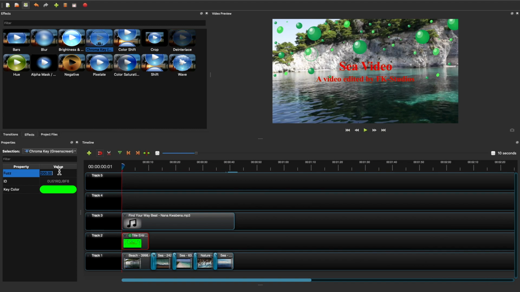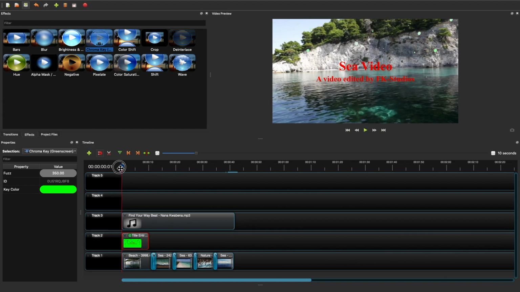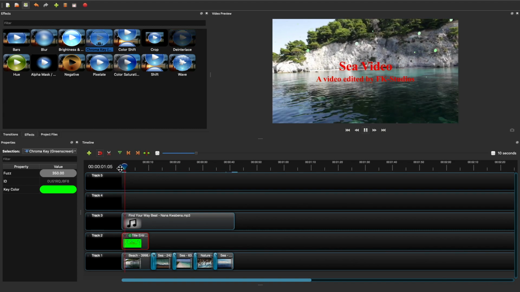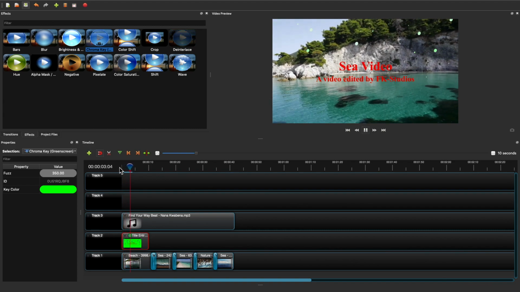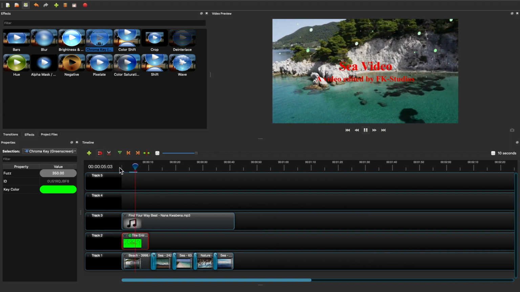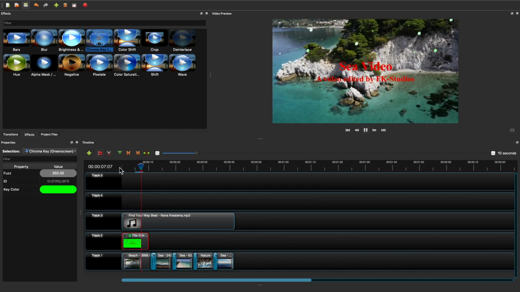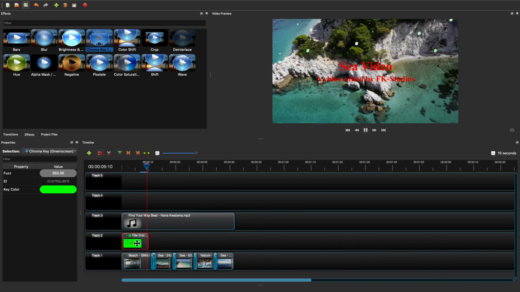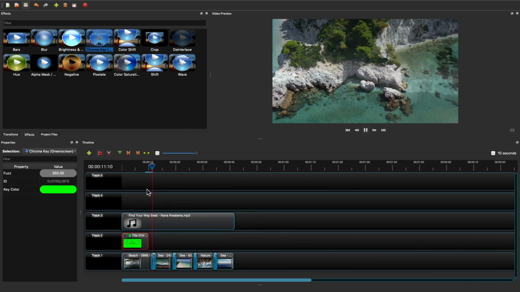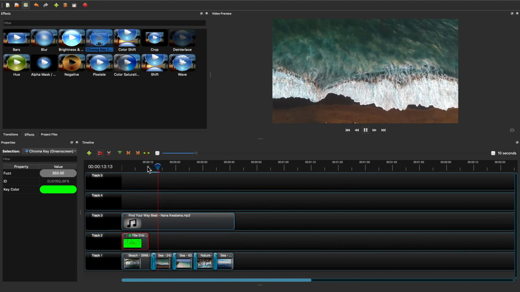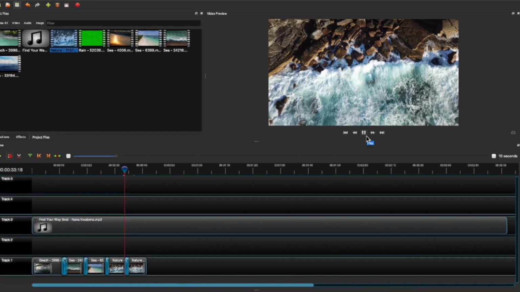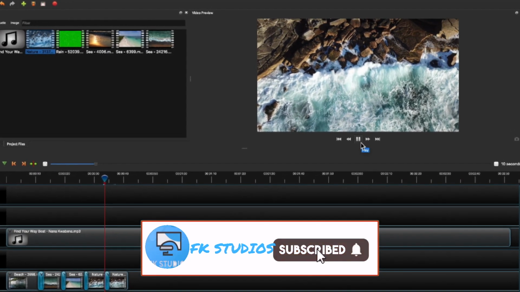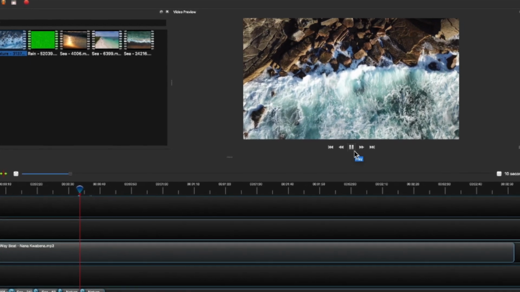So you can choose random numbers, and the more numbers you have, the less the green screen will appear. However, the less numbers you have, the more you'll be able to see all of the green. So if I have a high number, you can see that most of the bubbles have gone away, and because I didn't want to see so many bubbles, so that is how you add a title and use green screen at the same time. So using all these tricks, I have created a video,